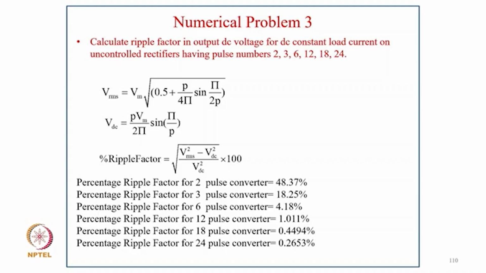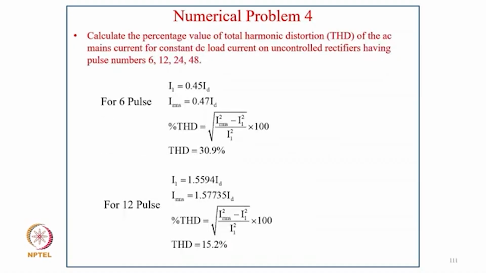for 6 pulse it becomes 4.18, and 12 pulse 1.011, 18 pulse it becomes 0.44, 0.94, and for 24 pulse it becomes 0.2453%. Now numerical problem 4, calculate the percentage value of the total harmonic distortion of the AC mains for constant